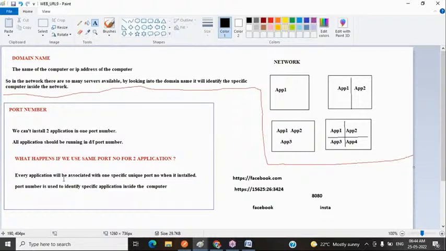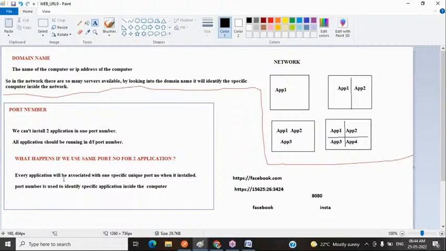Okay, it will only allow me to open the Instagram once after completing all the work of the Facebook, and when I'm logging that, then only it will allow you to make use of the Instagram. Till that it will not allow me to make use of the Instagram. Okay, to avoid these issues, to avoid this interruption, we have to download the application in a different port